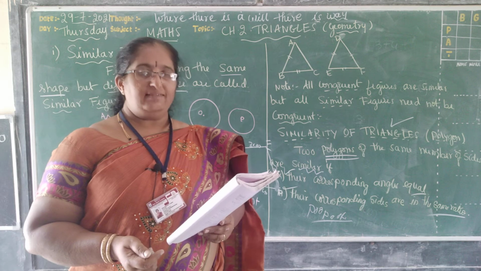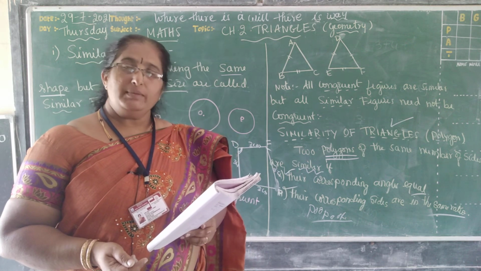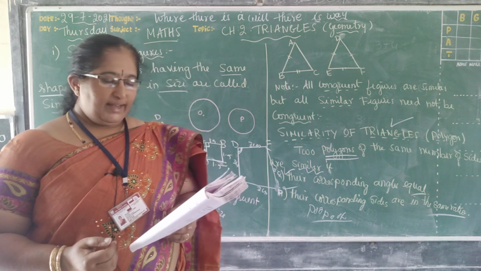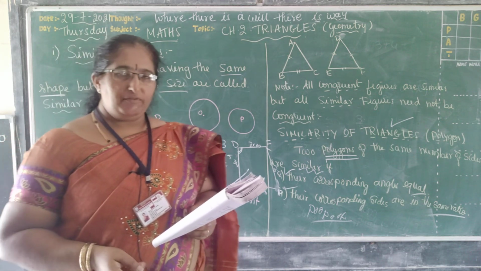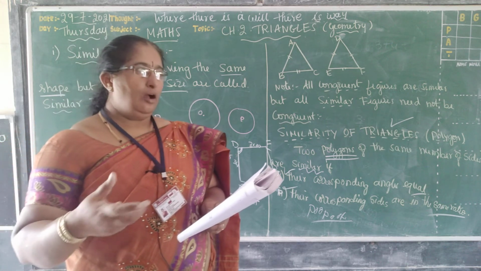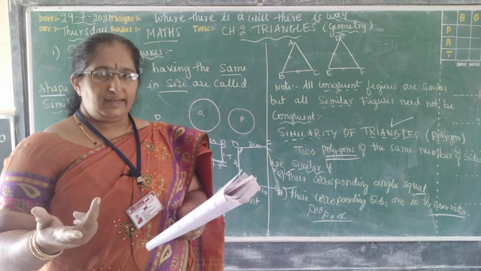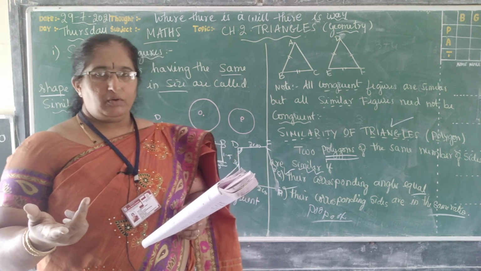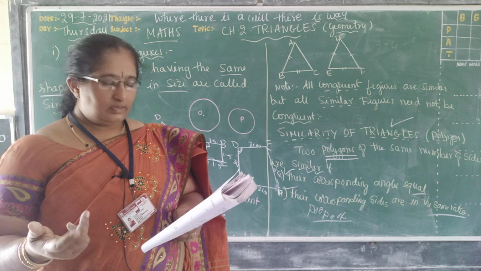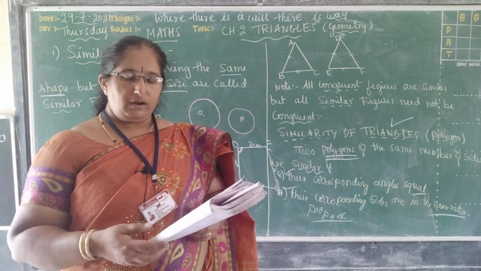Give two different examples of pair of similar figures. You can give any different examples for a pair of similar figures. You can give two rectangles of different size, but rectangles will be of same shape, size will be different, or two squares or circles or triangles. You can give your option.